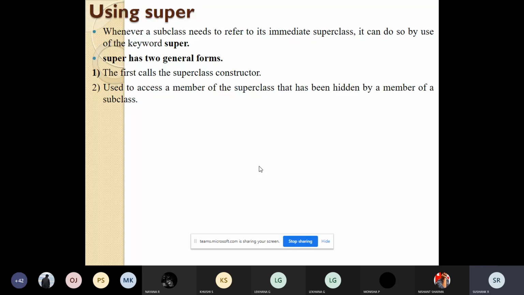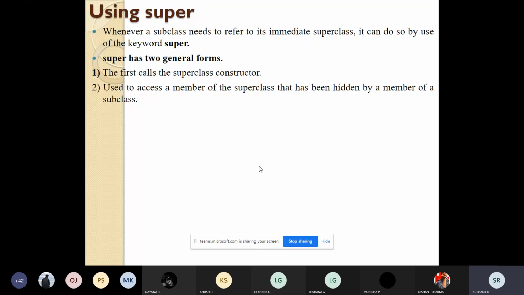We have studied an example where there was a class called box. For that class, we had three variables: height, width, and depth. In addition to those three, we added a function to read the values of height, width, and depth. Then we created a constructor which initialized the values of height, width, and depth.